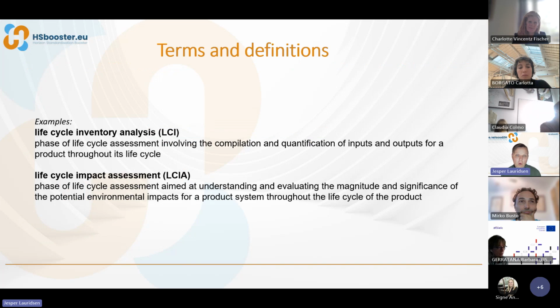So what is more in the standards? There are also terms and definitions. So, for example, if they're doing an LCA in South America, they have the same definition of what is a life cycle inventory analysis. It is written down in the standard, so all of us point to the same place. And as Mirko was saying,